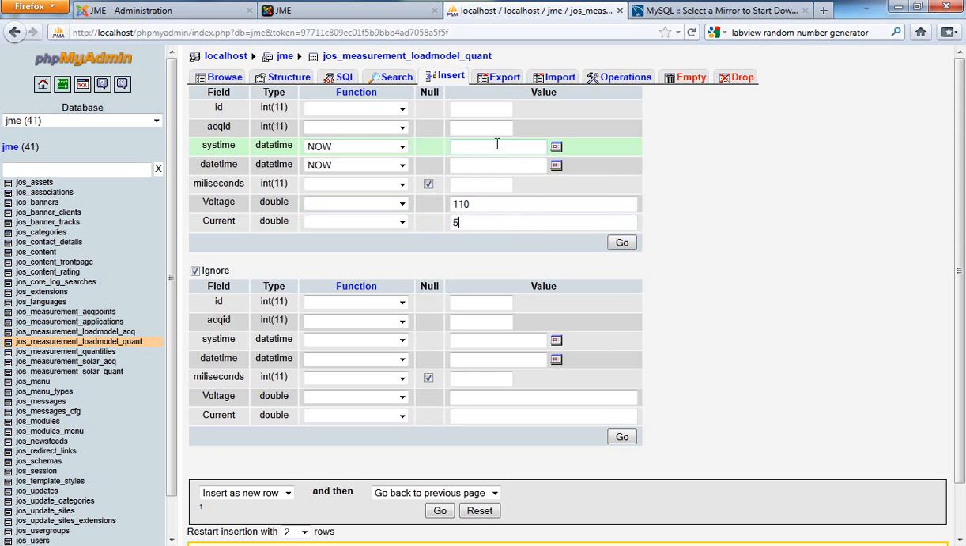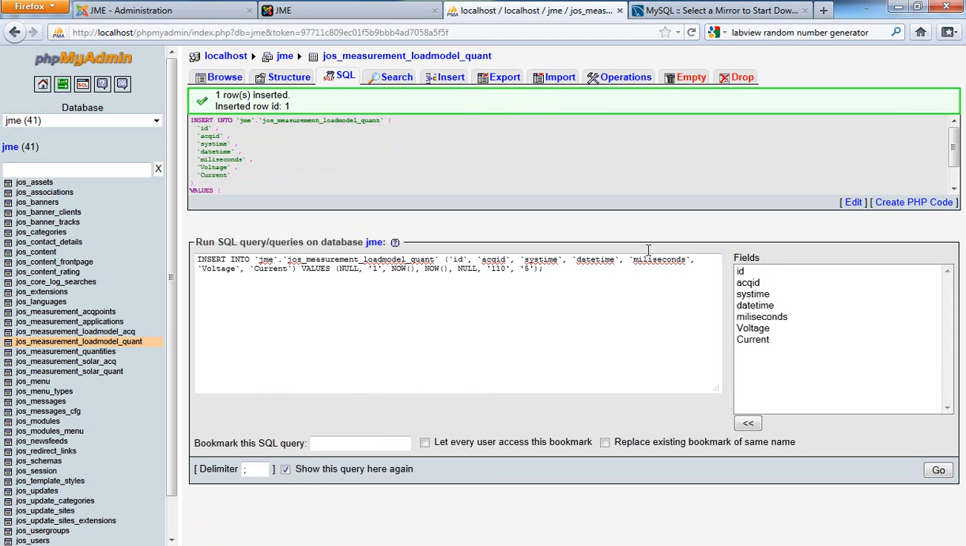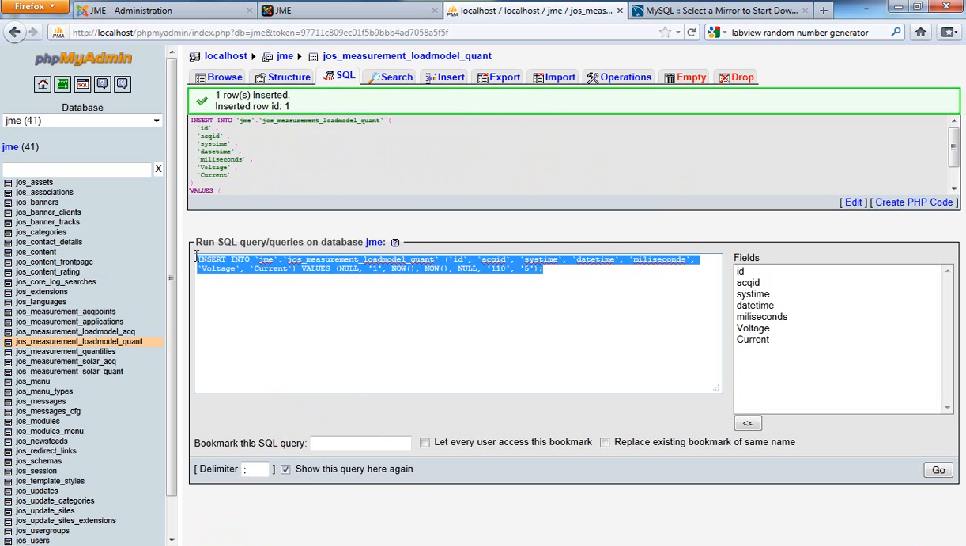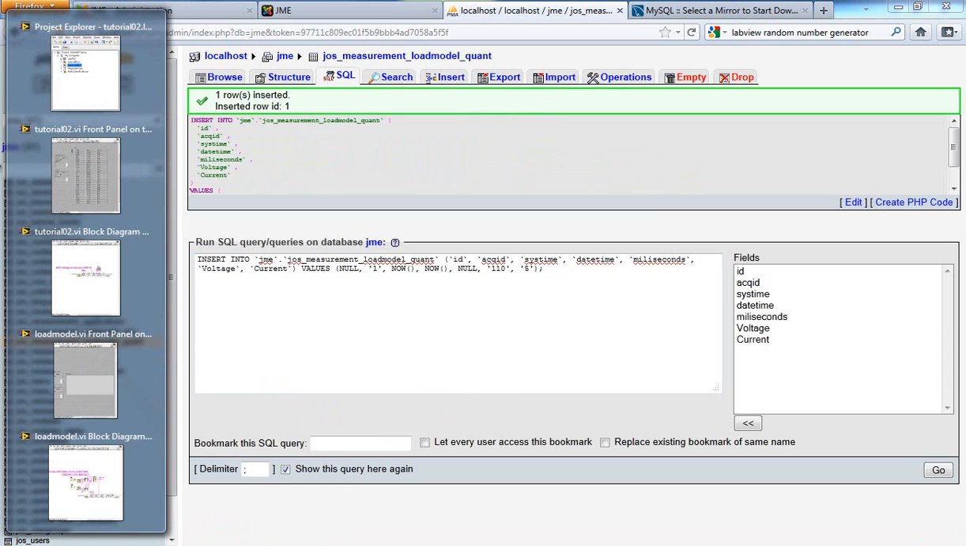So I need to worry about the ACQ ID. Everything is associated with one ACQ ID, the generic one, system time, date time, voltage, and current. The rest, this guy is null, and the first one, never put a value here. So there we go. We have here the exact SQL query,